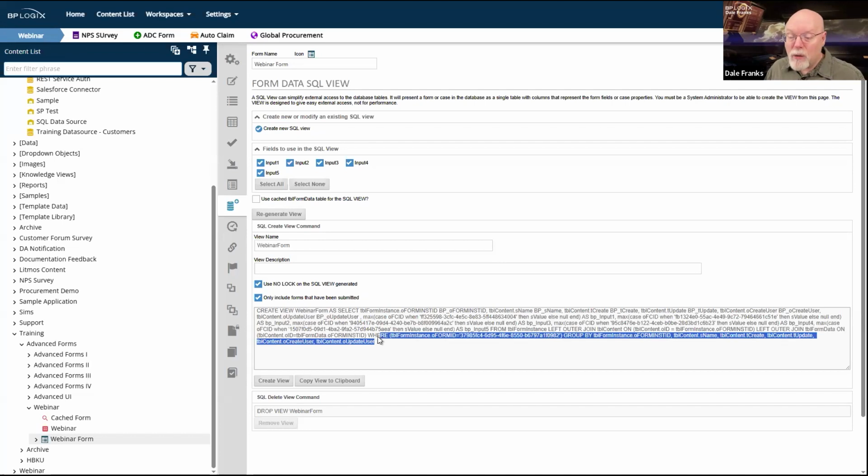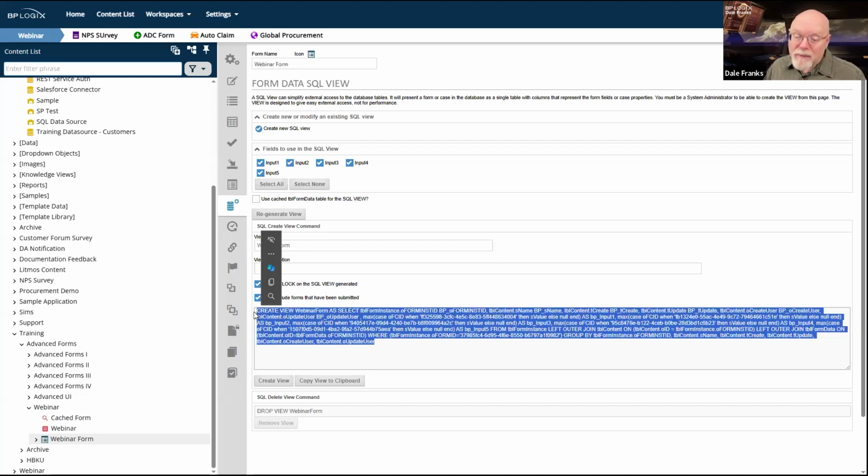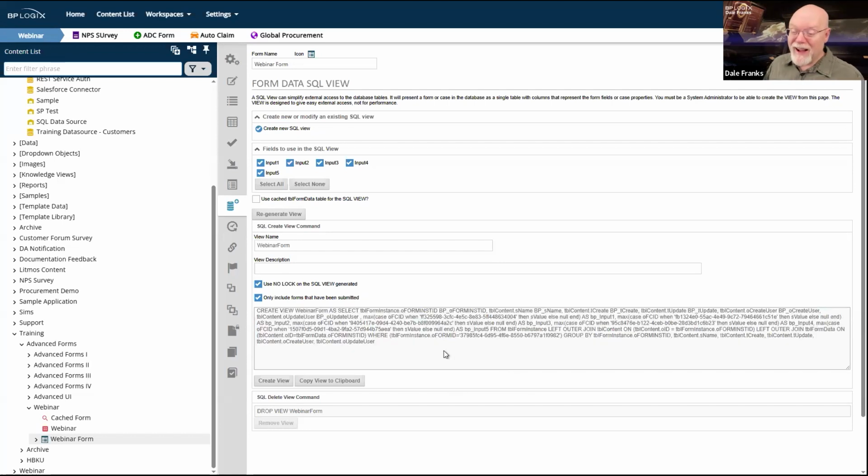And my SQL statement is, in Process Director terms, extraordinarily simple. Certainly far more than if you saw the very ugly SQL statement that gets created when you build the knowledge view. It's very long. This is very short, very sweet, and it gets you the data that you want and gets it to you faster than a knowledge view can. So if performance is your top concern, this is the way you want to go.